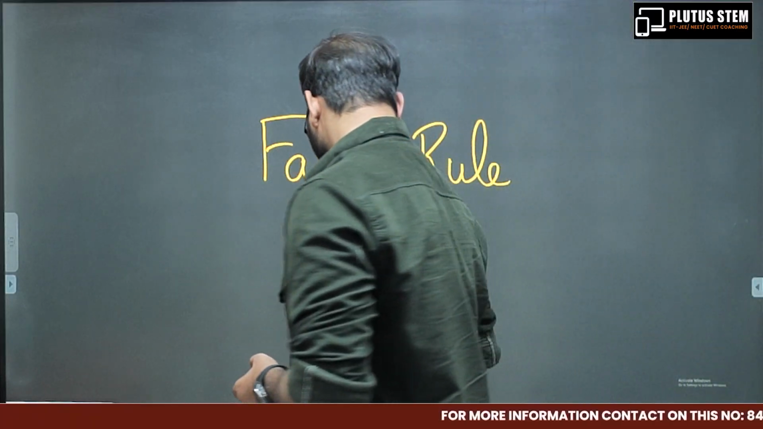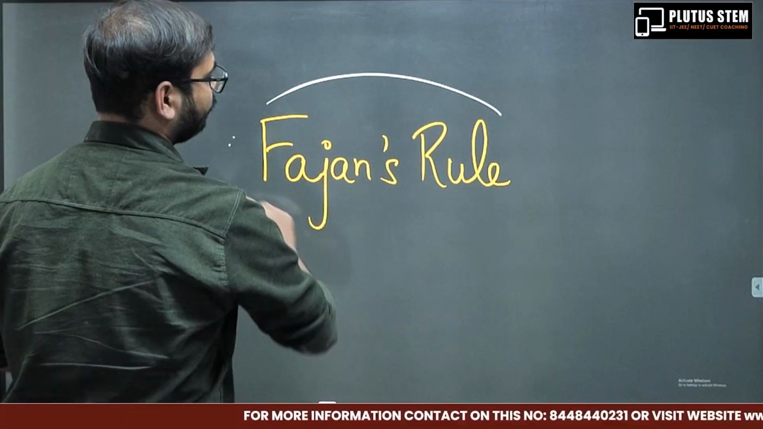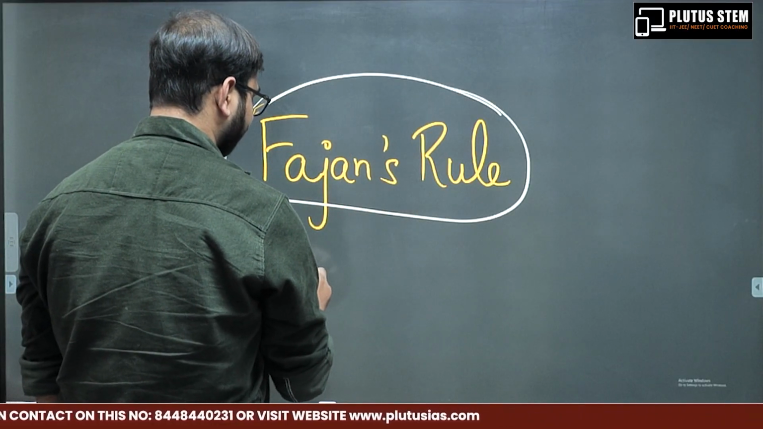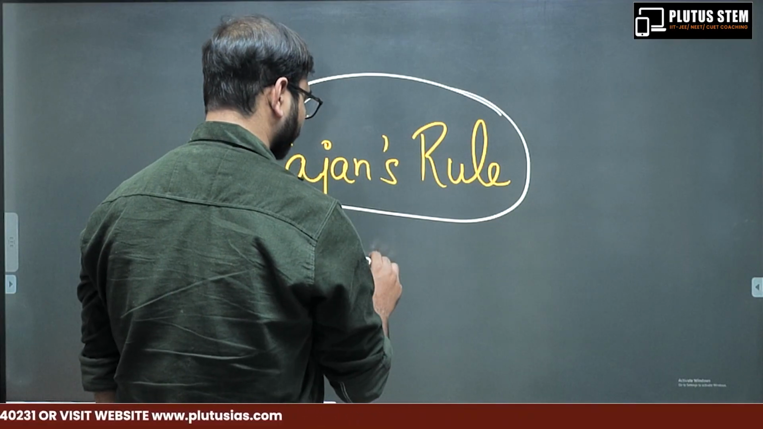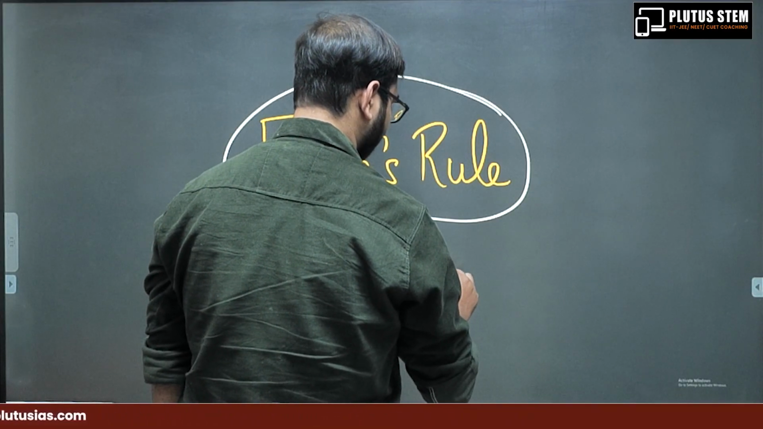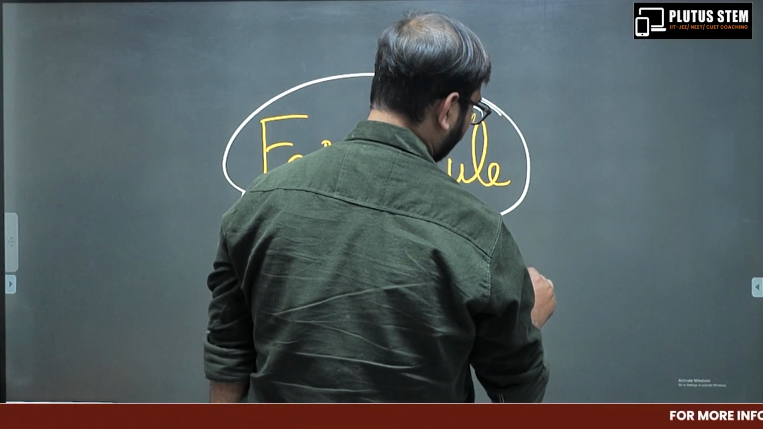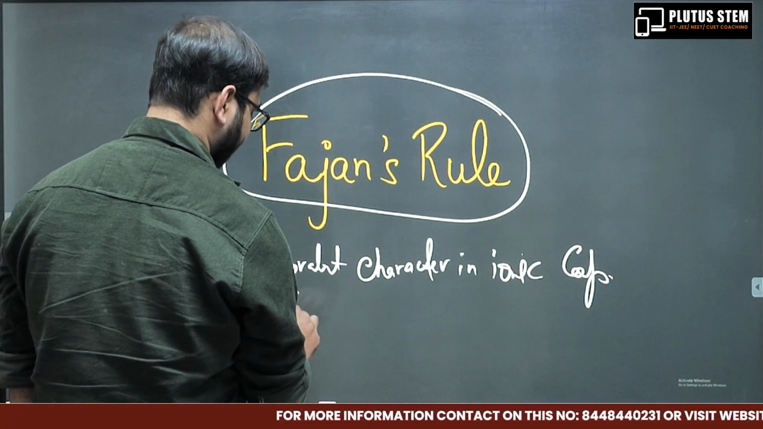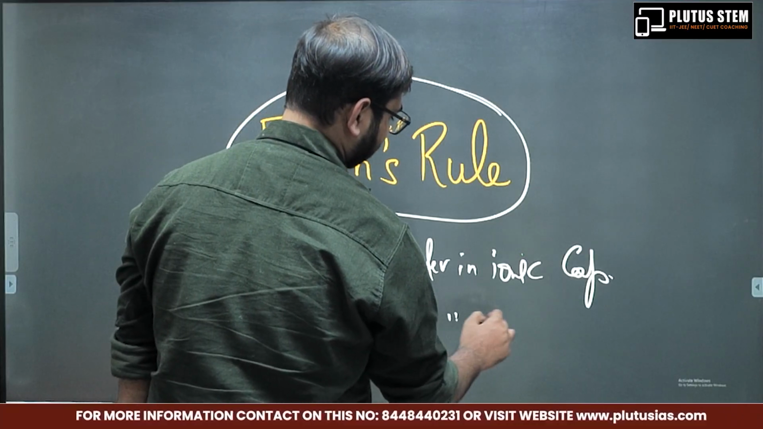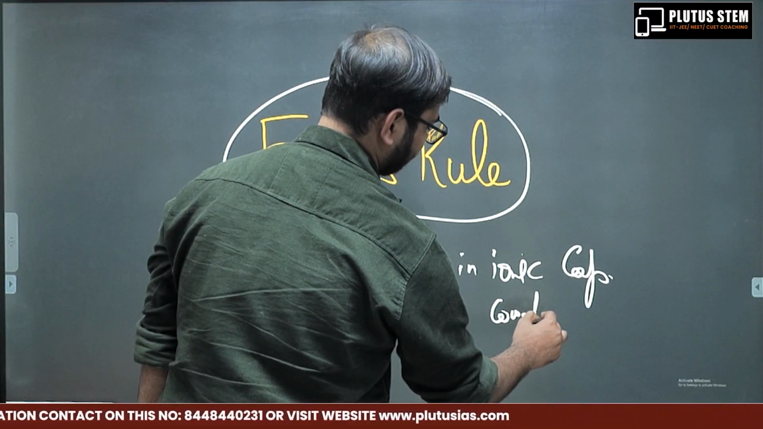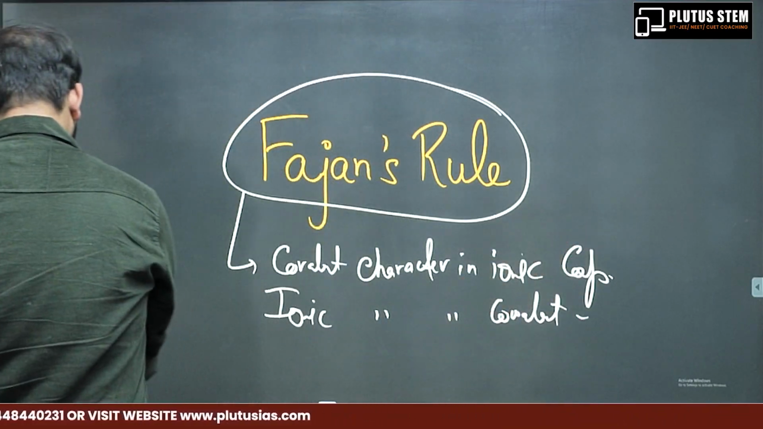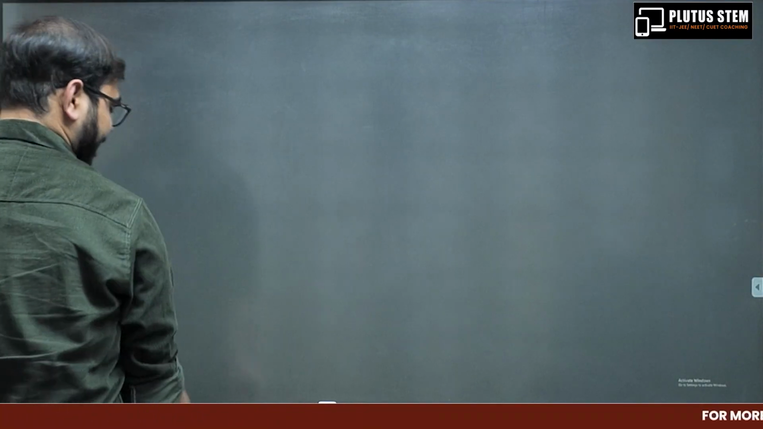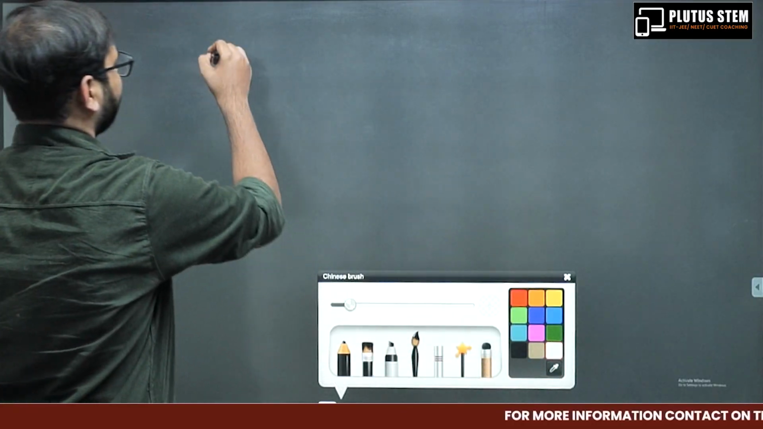So, first thing, Fajan's rules are used to explain the covalent character in ionic compounds, and the ionic character in covalent compounds. So, as per this, as per Fajan's rule,